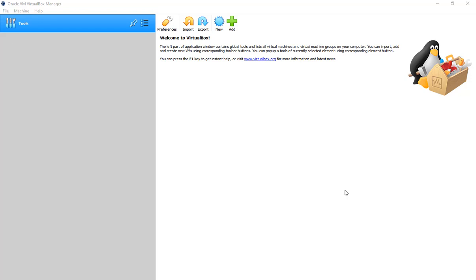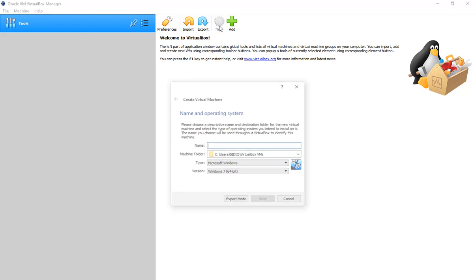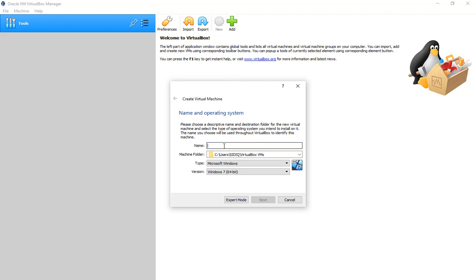We are setting up a virtual machine on Oracle VM VirtualBox. Very simple. Just click on New and give the name of the virtual machine, if it is a Windows VM or whatever VM you want. In this case, I want to set up a CentOS virtual machine,